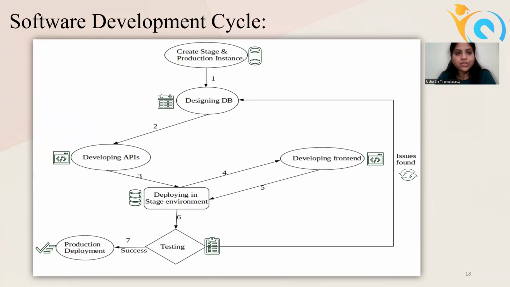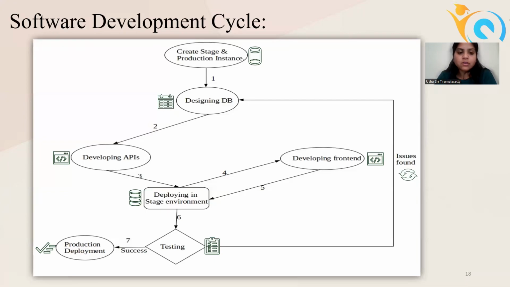And we'll give the service URLs, that means the API URLs, to the front end team. They'll integrate the backend APIs and also the UI, and then they'll deploy it into the stage environment.